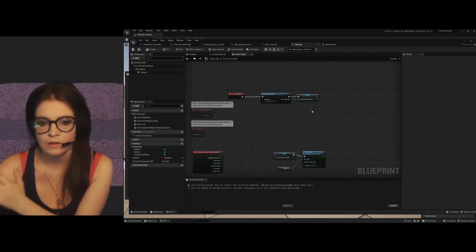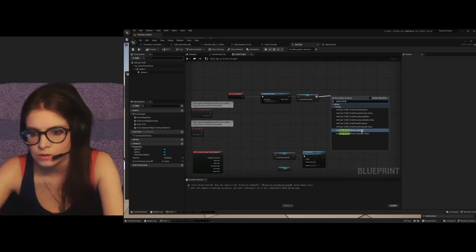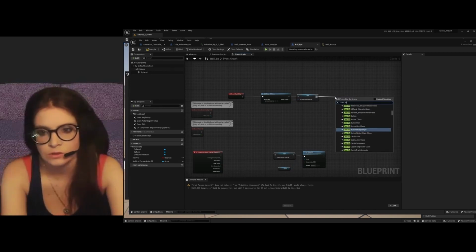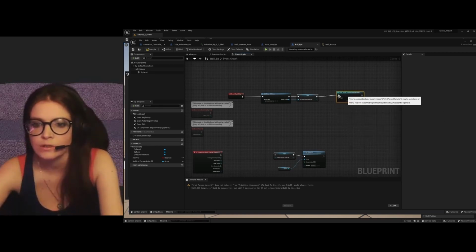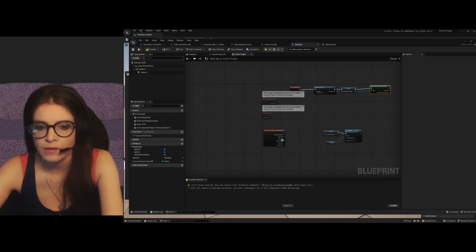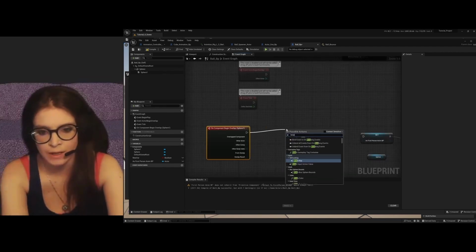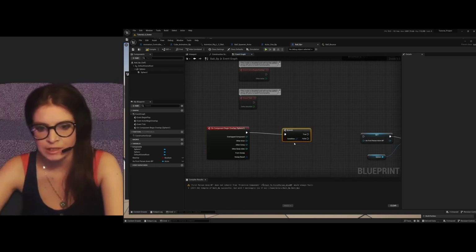And then you're going to have cast to first person character. Connect that, and then over here we're going to get a branch. Branches are important to know. They check a condition on a Boolean. And we're going to say